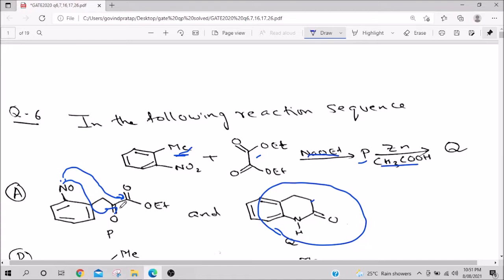But remember this, 5-membered ring is kinetically very little, but little more favored than 6-membered ring, whereas 6-membered ring is thermodynamically more favored than 5-membered ring. What I am trying to say is, it is faster for the reaction to make the 5-membered ring because it is kinetically favored. But if you see the stability of the product, 6-membered ring is more stable than 5-membered ring. So, we can say that it can attack here also because this gives you a more stable product.